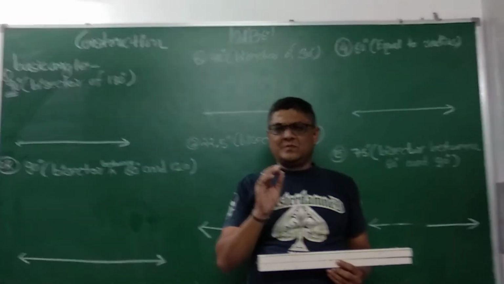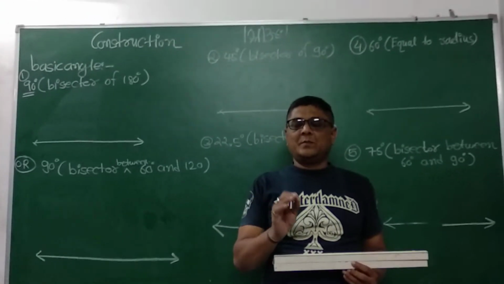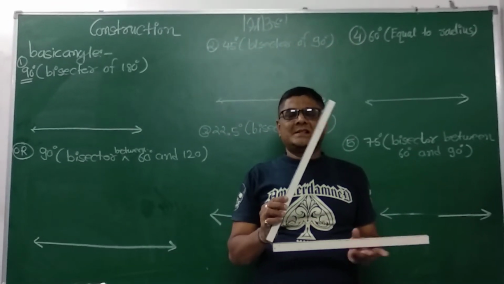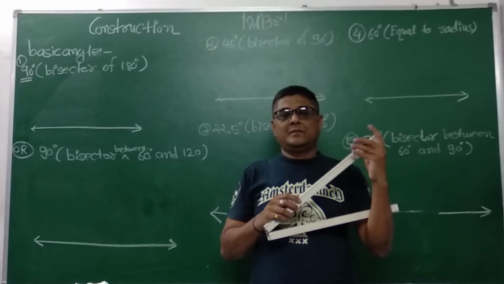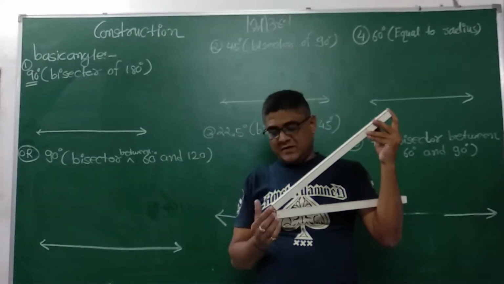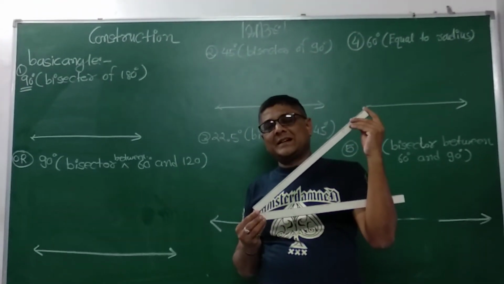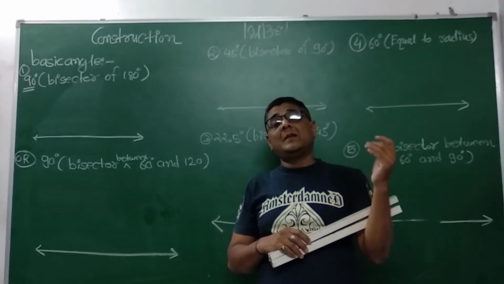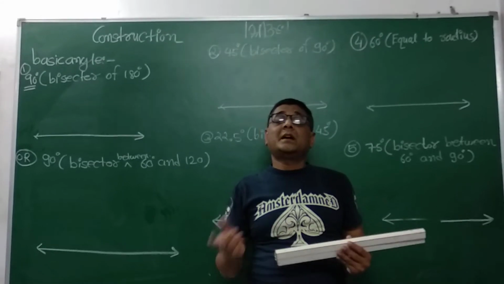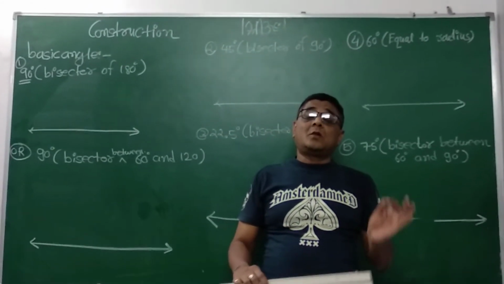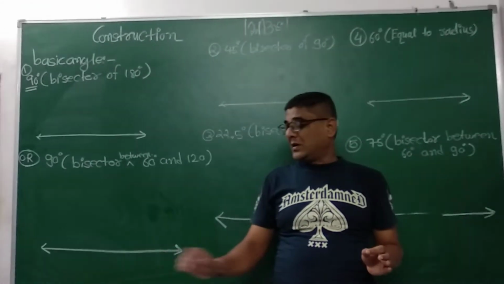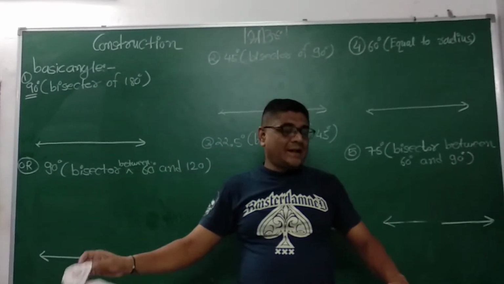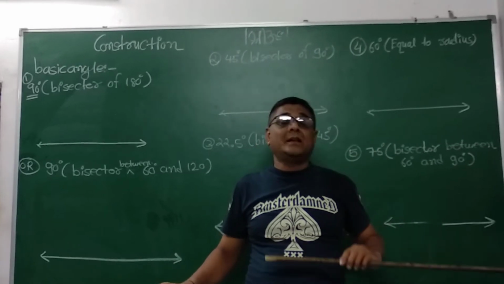Construction, the basic concept that you have been studying. Angle means two arms. When two arms meet, that creates a vertex. We draw angles with the help of a protractor, but here we are going to draw an angle with the help of a rounder, and this anchor tip is my rounder and this tip is my scale, because I am working on the board.